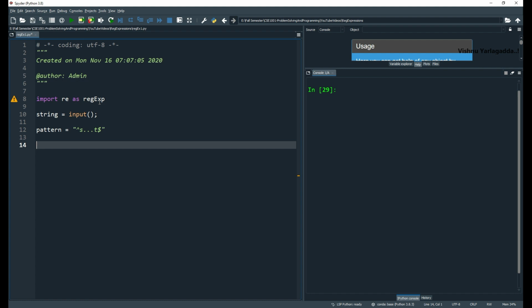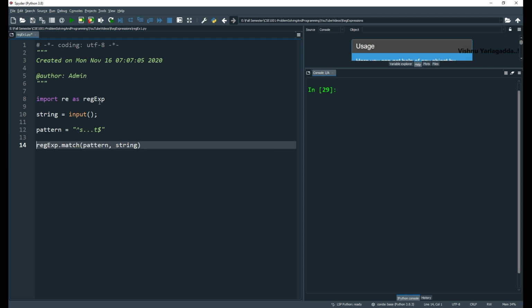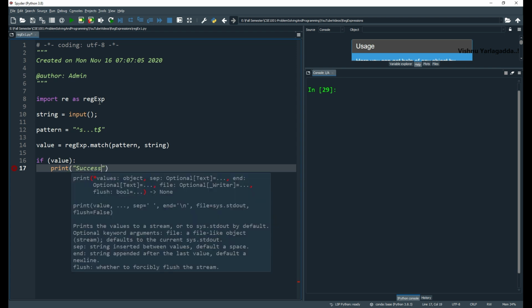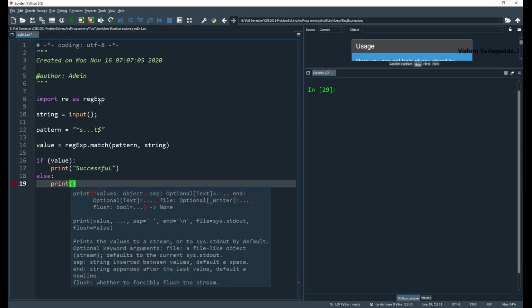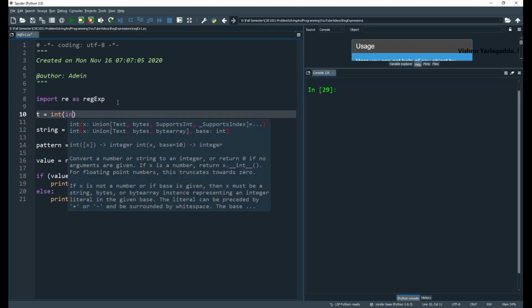Then I'm going to check regular expression dot match of pattern comma string, which is returning a value, a boolean. Now if value, then print successful. That means we have reached the end state, else print unsuccessful. Now you can take different strings. I'm going to take three test cases. So I'm going to keep test cases t equal to int of input,